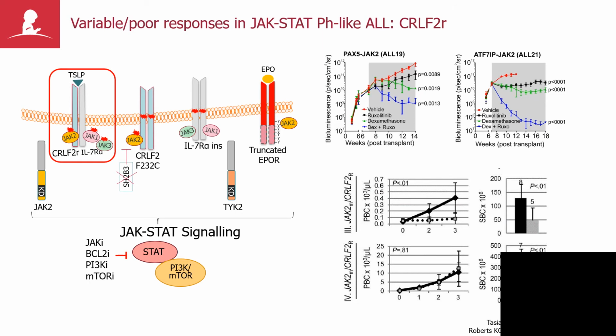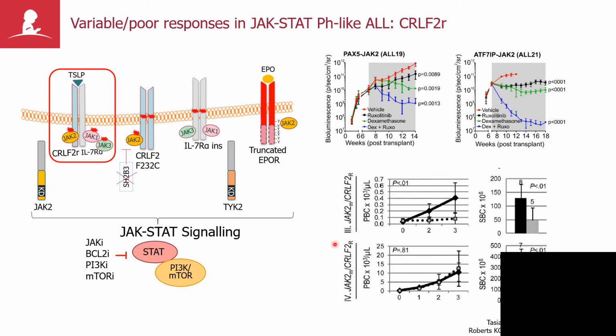And this is a form of leukemia where more work is needed. I show a couple of examples of data here for JAK-STAT-driven leukemias where more conventional chimeric fusions, two examples of which are shown here, PAX5-JAK2 and another fusion of JAK2, show some response with TKI monotherapy, but good response with combinatorial therapy with a backbone of conventional chemotherapy, such as with dexamethasone, as shown here and here.